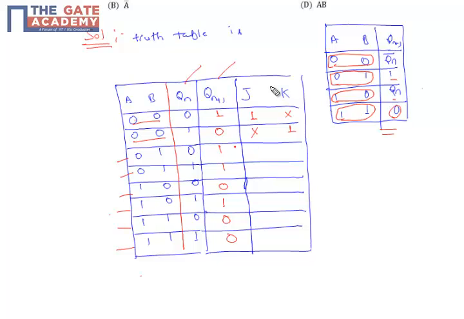1 X, and from 1 to 1 either by X 0, J equal to X and K equal to 0, and from 0 to 0 again we can go by putting the value of J equal to 0 and the value of K equal to X. It can be a don't care, it can also be 1 and it can also be 0. Similarly, from 1 to 1 is X 0, 0 to 0 is 0 X, and 1 to 0 is X 1.